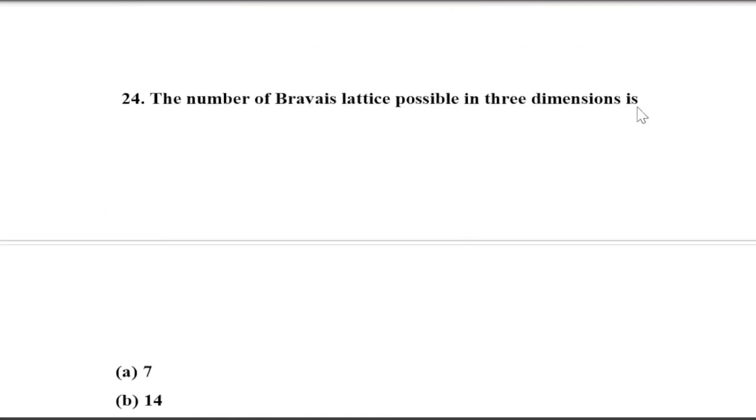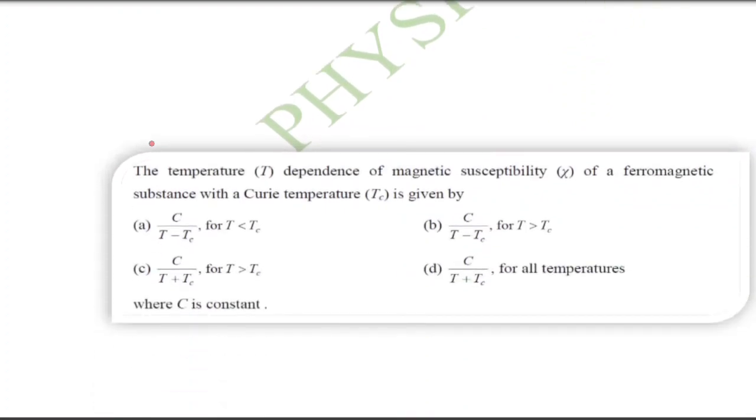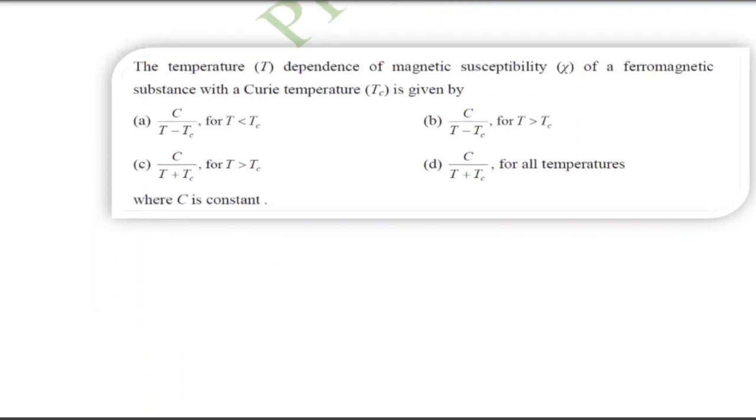The number of Bravais lattices possible in 3 dimensions is 7. Okay, now we will discuss some questions that were asked in previous exams, like in GATE and NET exams. So, the temperature dependence of magnetic susceptibility of a ferromagnetic substance with a Curie temperature is given by